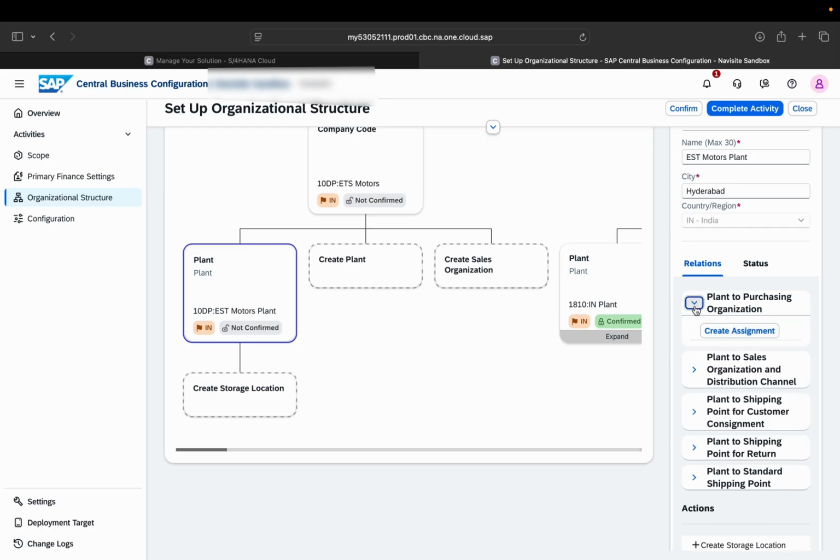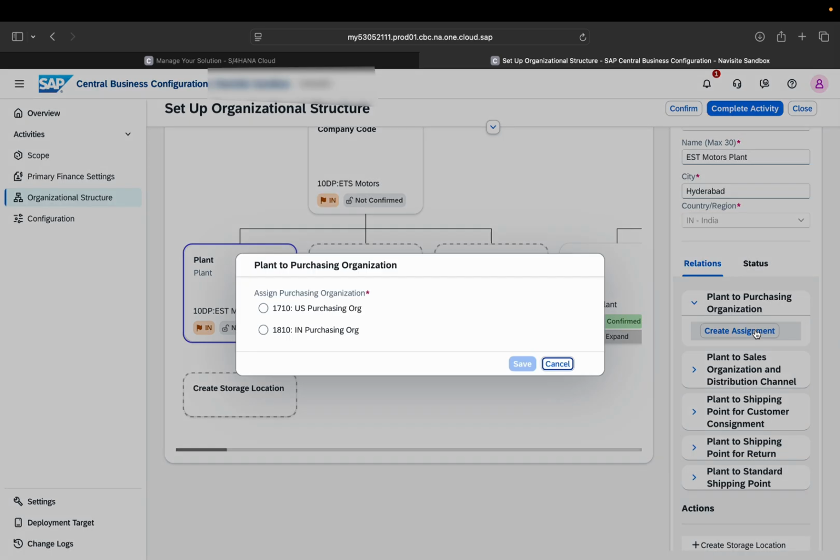So once you click on create assignment, system will populate by default two different purchasing organizations.